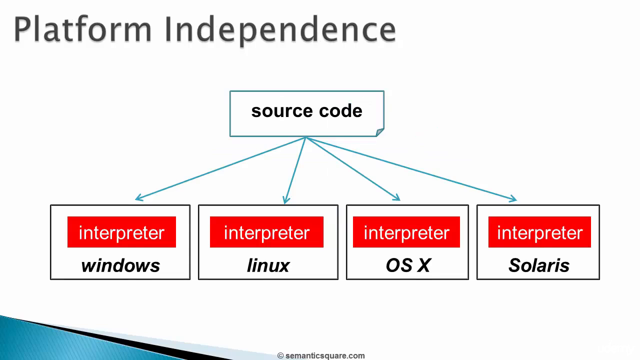One main advantage of interpreter is platform independence. As you can see in this illustration, the same source code can be executed on any of the platforms. Only requirement is to install an interpreter specific to the platform. Recall that with a compiled language, we could not achieve platform independence. That was because